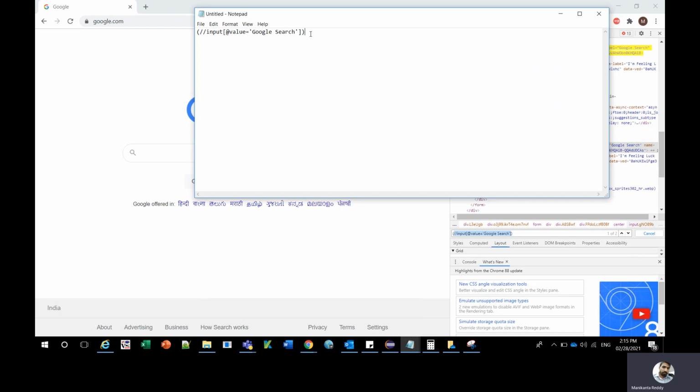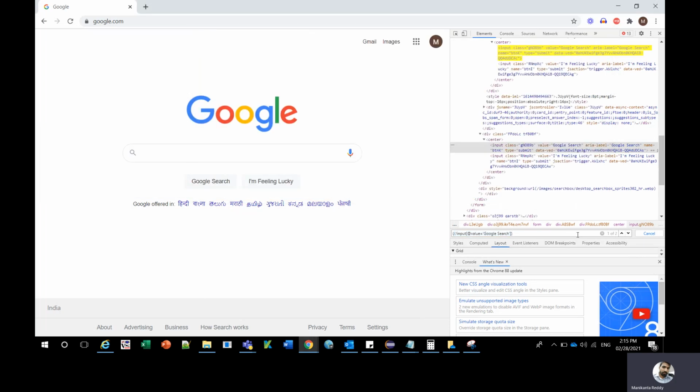Once we add the parenthesis, we need to index. The indexing starts from 1. So you have this first element as this one. When I move my cursor onto this, no element on the UI is getting highlighted. We can see here also in the browser it says 1 of 2. So this is the first element out of 2.